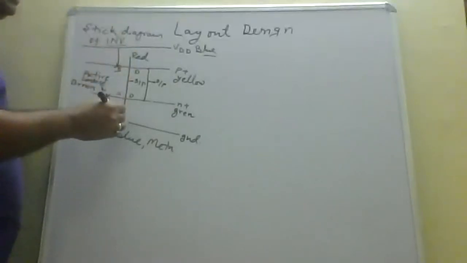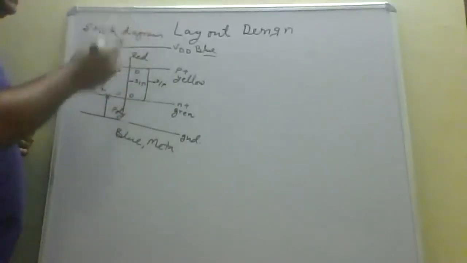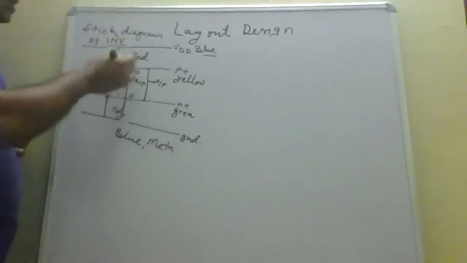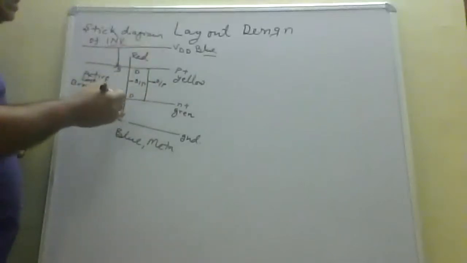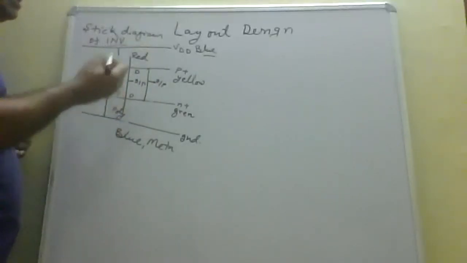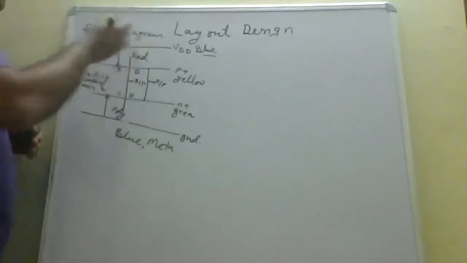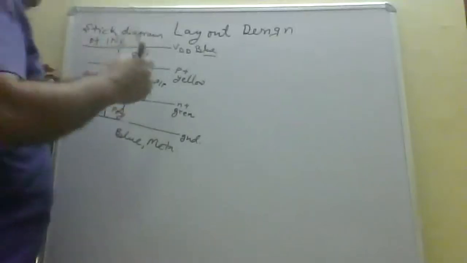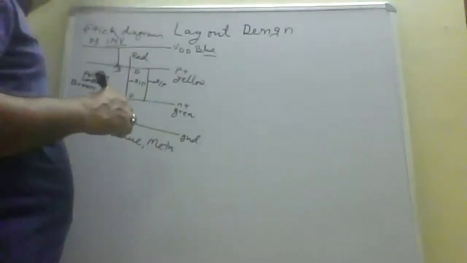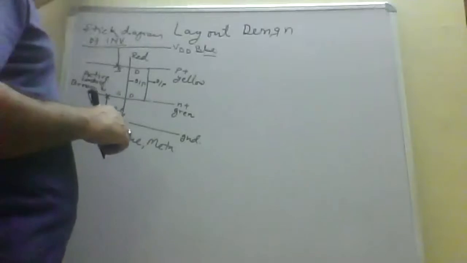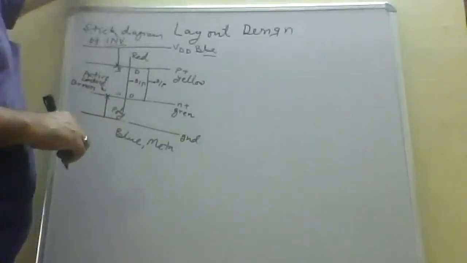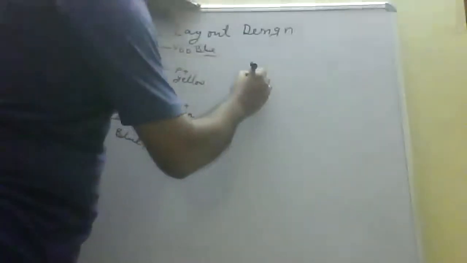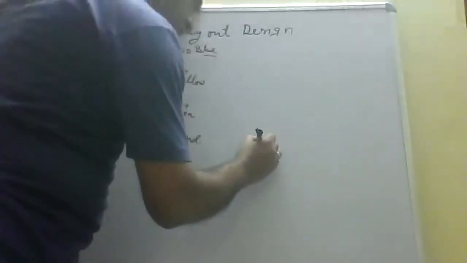Here is the polysilicon. This is for the gate terminal. It is of red color, and here we write the inputs. Whenever a polysilicon cuts the two diffusions, a transistor is fabricated. So one side will be source, another side will be drain. In this stick diagram, we don't worry about the dimensions. But when we generate the layout design, we have to be very sure about the dimensions and the spaces between the two. For this, first we generate the NMOS and then the PMOS.